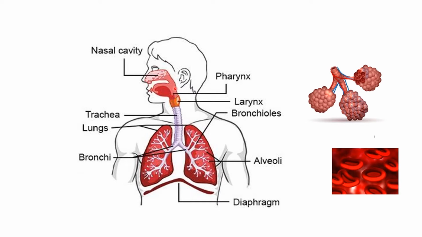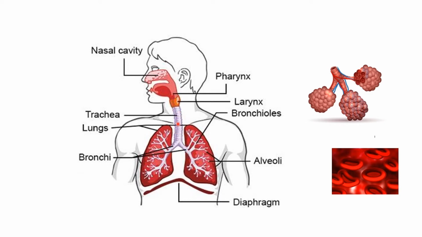And when this warm air comes inside the pharynx, this pharynx also has two openings. It opens into the trachea as well as into the esophagus. Because it has two openings, its function is very crucial: the pharynx makes sure that the food should reach the esophagus and the air should reach the trachea. Because you know that if any food particles reach the windpipe or the trachea, it is very dangerous